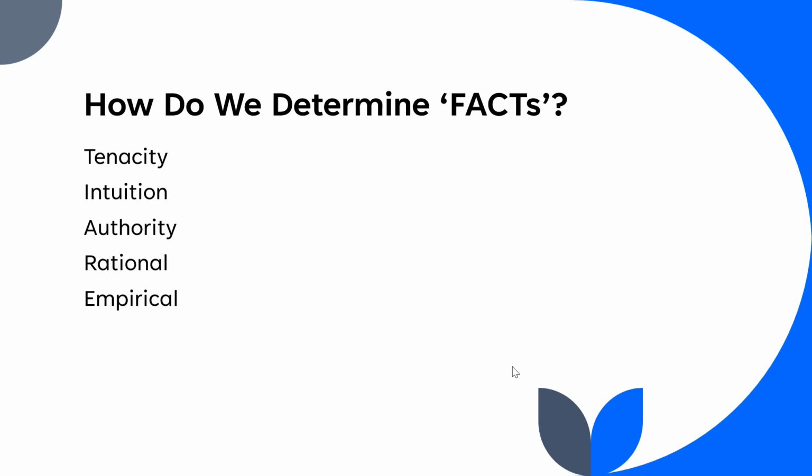So, the first three approaches we've discussed, tenacity, intuition, and authority, are good to answer some questions like where we want to eat for dinner or which outfit to wear to a homecoming party. But for major life decisions or answers to questions that could drastically change your life, you will need methods of acquiring knowledge that place more demands on the information and the answers they produce.